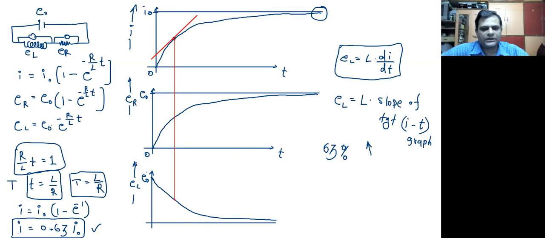The value of EL at this point, we will actually get by finding out the slope of the tangent of this graph. Now how to find the slope, you already know. Slope can be found out in two ways, either by finding the angle made by this line with the x-axis and finding the tan theta of that, or you can also find out the slope by finding out the